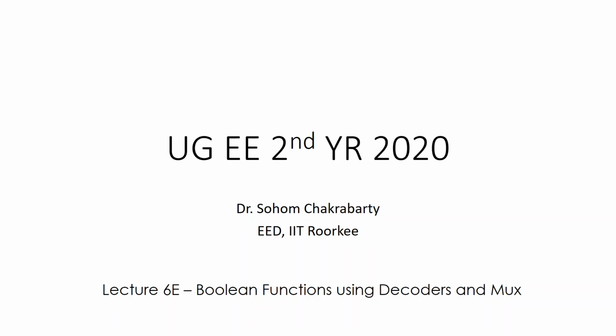You can directly use the decoders and muxes for your implementation if you are able to formulate a truth table. For any given problem you will first formulate the truth table. Given the truth table, you will be able to directly implement the function using decoders and muxes. And please remember, I am repeating this again and again, you will be able to directly implement the function using decoders and muxes.